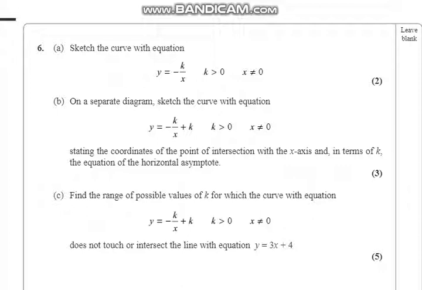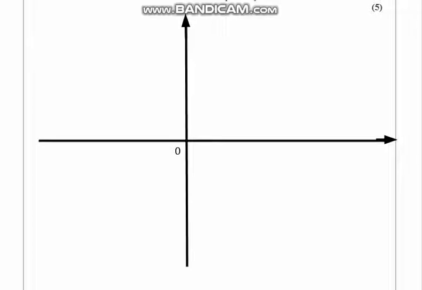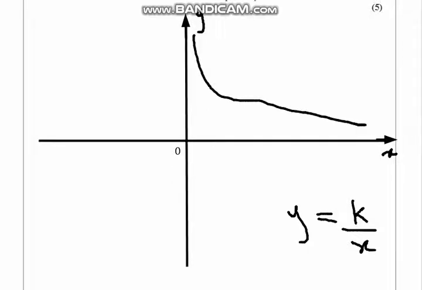I'll just go down the free section and draw the diagram. There you go, I've sketched the graph, with the y-axis here and the x-axis here. Before attempting the question, I want to teach you something about asymptotes, since these questions are related. Whenever they say y equals k of x, let's take a positive one. A positive one will start from the positive quadrant, so that will go like this. That's just a rough one, so mind me.